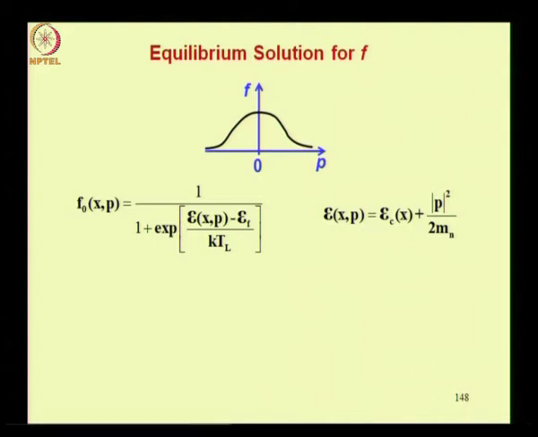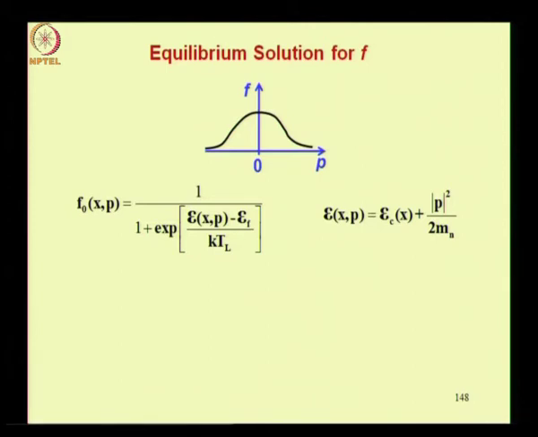Now the total energy E is nothing but the sum of potential energy, which we represent as EC. Now here please note that this is the capital version of the Greek letter epsilon. However, we will simply continue to call it E, but you must always remember this is not the same as the symbol used for the electric field. So this is the potential energy of the electron.